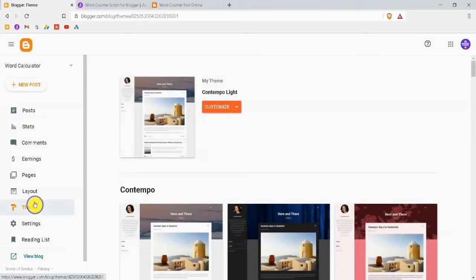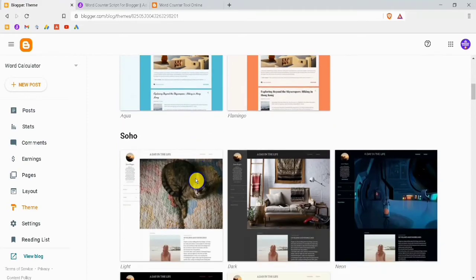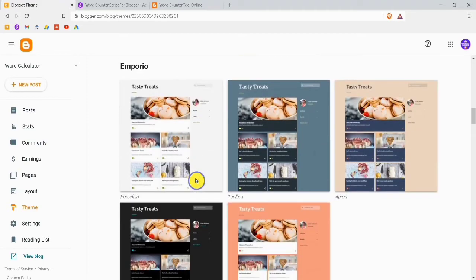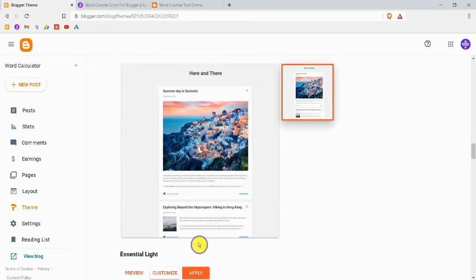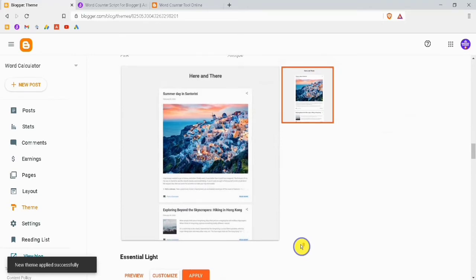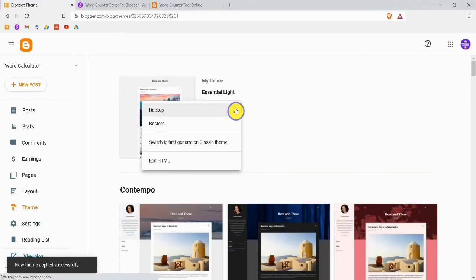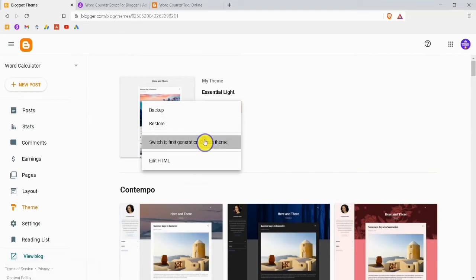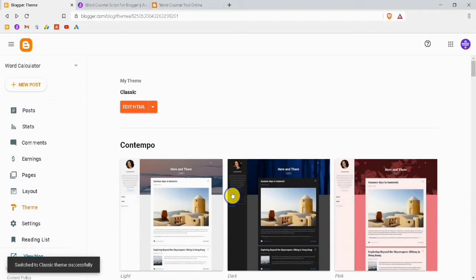After going to the theme section, we have to add the essential theme for our blog. So you want to find the essential theme. We have got it. Then I will click on apply. So this theme has been applied to our blog. Now click on the down arrow and switch to the first generation classic theme without any backup.